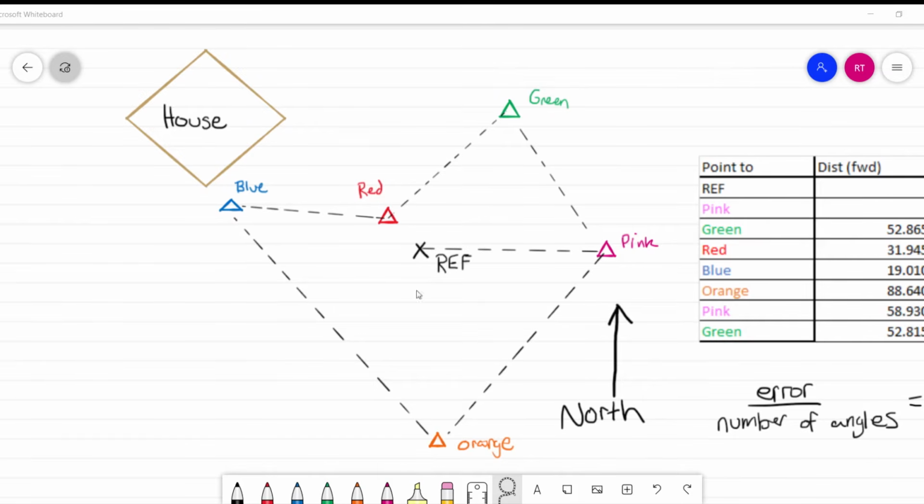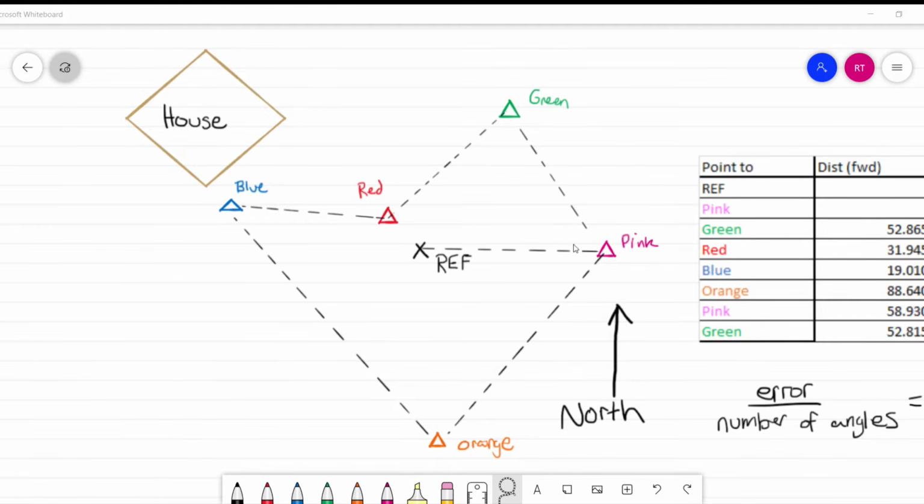Now that we have our adjusted angles, we're going to be using them to calculate our azimuths. This is going to be a little tricky and a little bit tedious, but bear with me, we'll get through this. Let's refer to our sketch to give us a better idea of what we're doing. The most important thing with a sketch is the north arrow. This north arrow will indicate exactly where you are in terms of orientation.